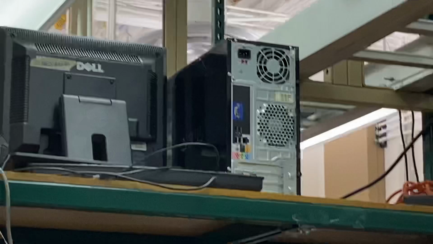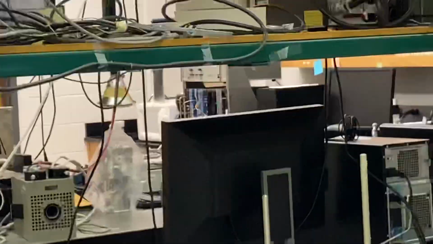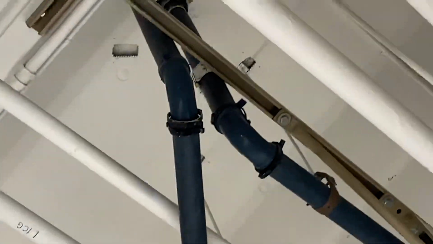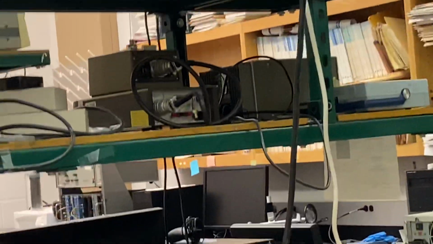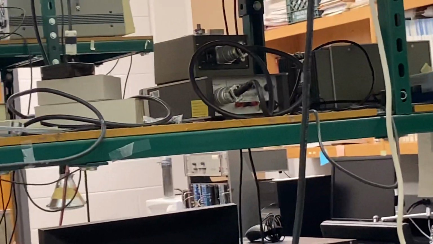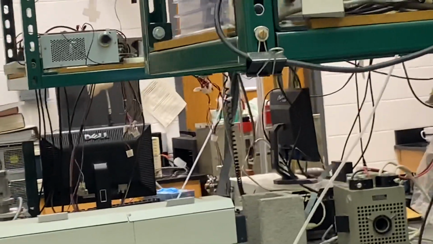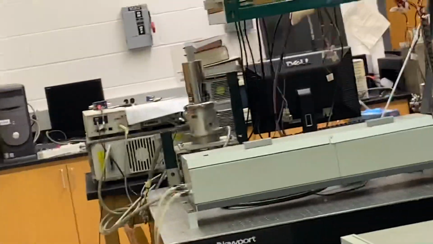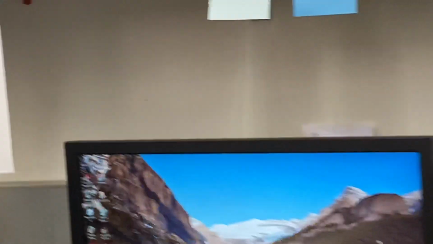The lab looks like a crowd of so many wires, so many computers, and so many things. You can see the pipe and everything here at the top. It is to maintain the environment, like the oxygen level, the moisture, everything, so that it is favorable for our experiment and for the people, the researchers. And you can see so many computer desks for students.